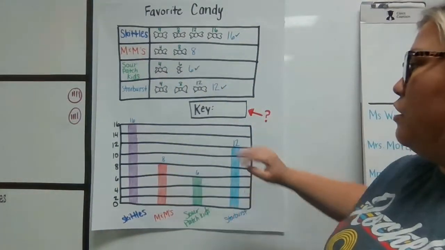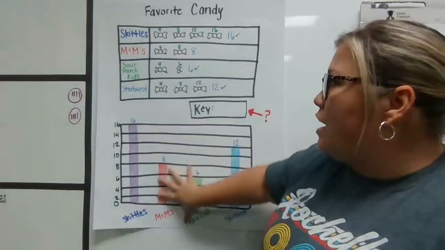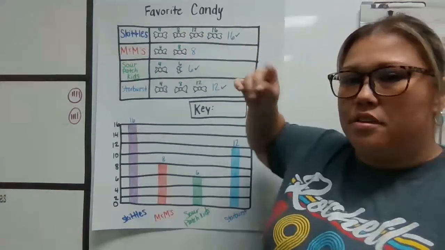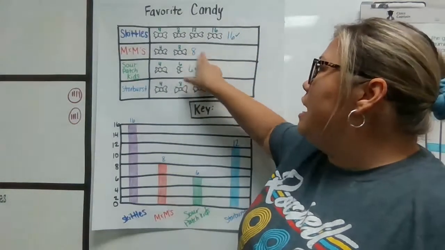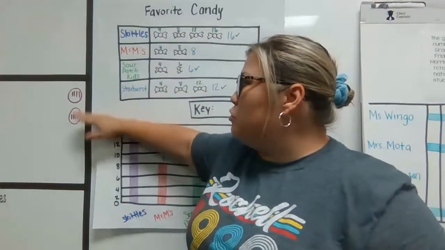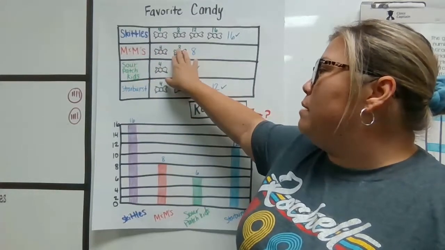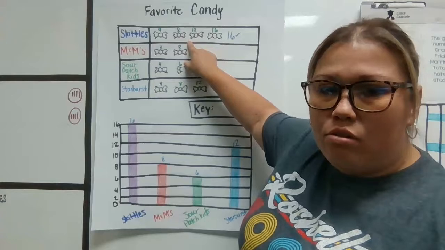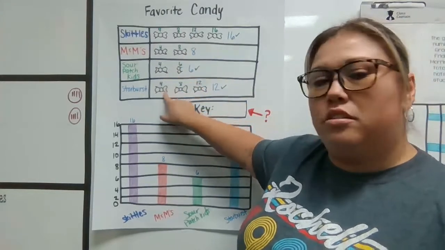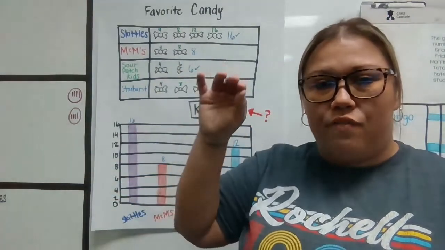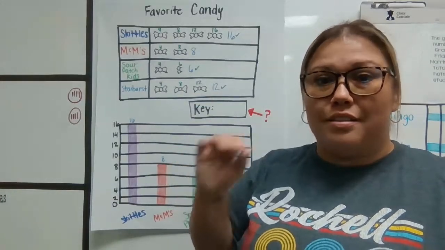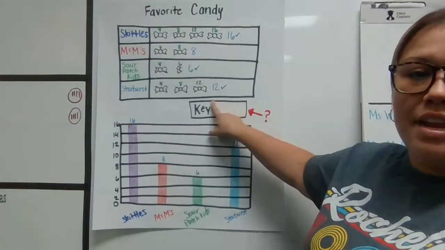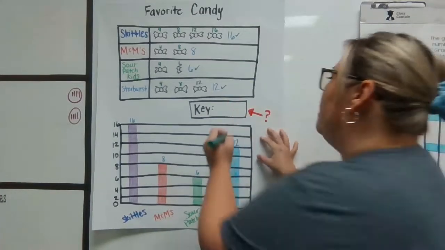So after I looked at my bar graph, got my data, and put that data in here, I took the easiest combination I could think of, which was the 8 divided by 2. I sorted them equally, and I found out that each of them had 4 in them. Then I took that information and checked on Skittles, Sour Patch Kids, and Starburst, and they all worked. And now that I figured out that all of my categories are the same and all my pictures represent the same amount, I can go ahead and say, okay, now I know that my key is